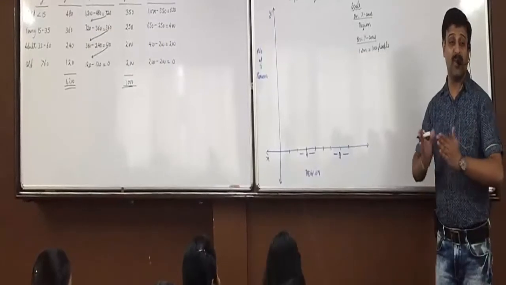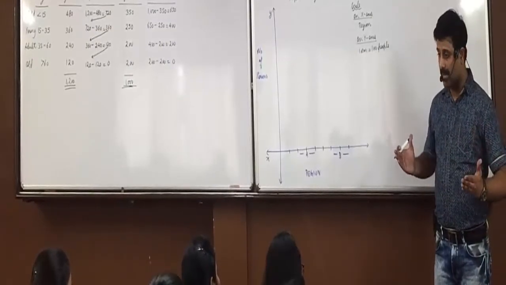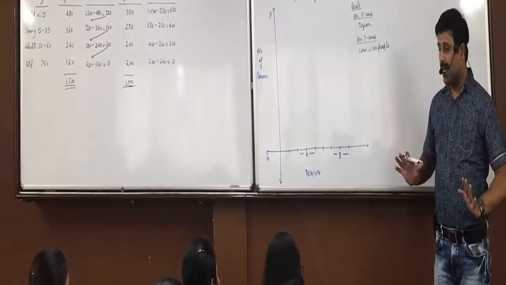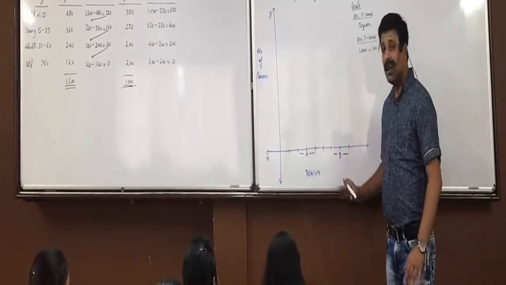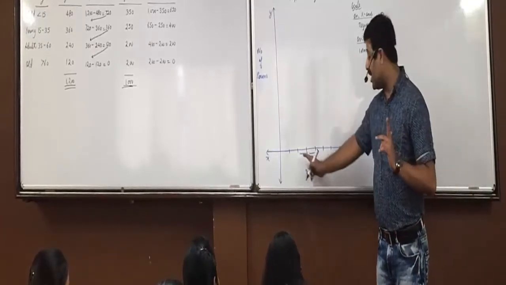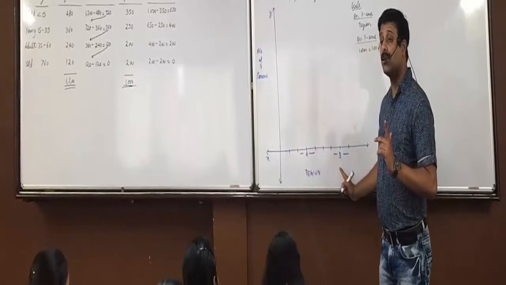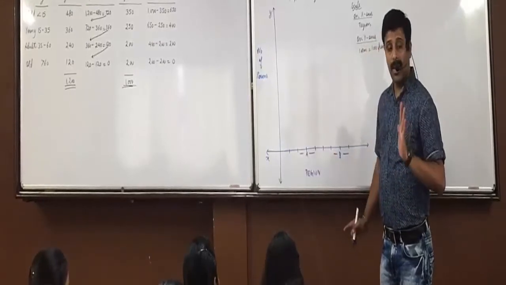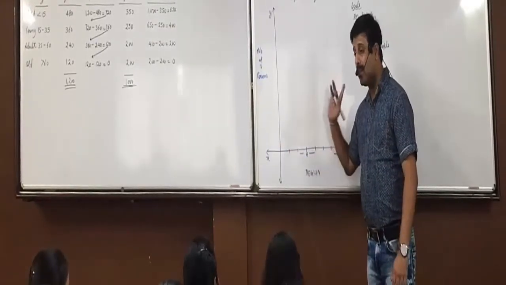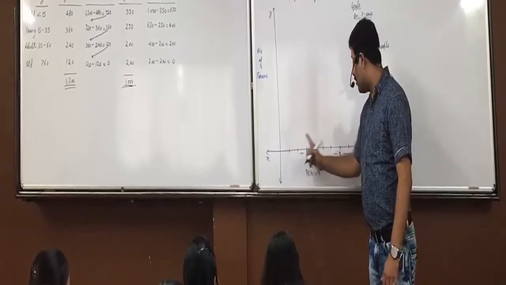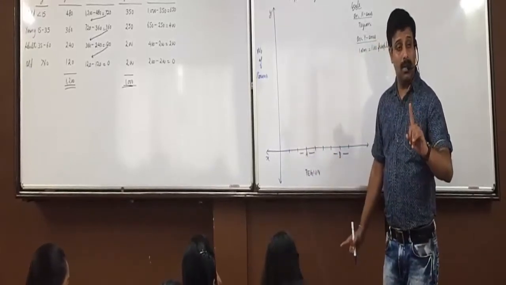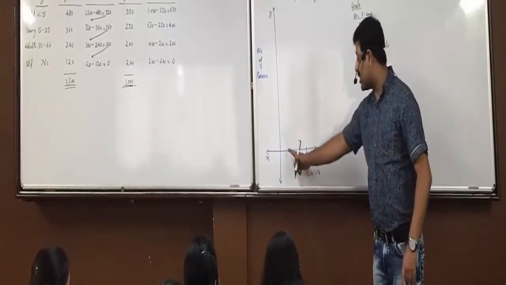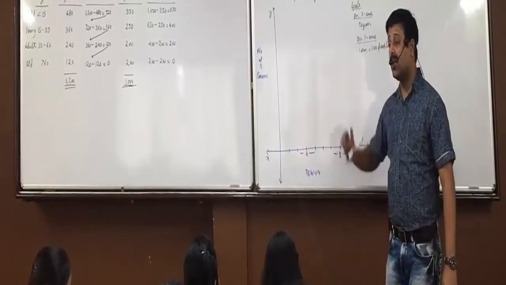You can make a bar of 3 centimeters also because there are only 2 bars. Just keep it in mind. Both the bars should be equal width. If region A you make 3 centimeters, B also. In between you can leave 1 centimeter gap also, it's fine. But between both the bars then there should be 1 centimeter gap. If you leave 2 centimeters gap, then both the bars there should be 2 centimeters.